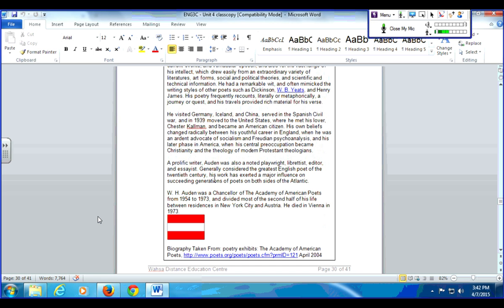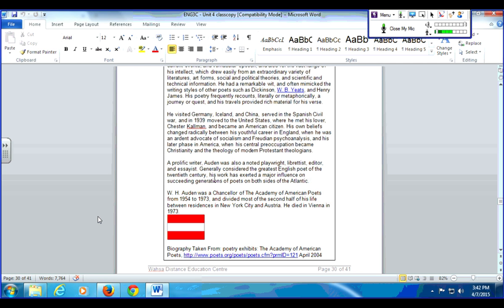He visited Germany, Iceland, and China. He served in the Spanish Civil War, and in 1939 he moved to the U.S., where he met his lover, Chester Coleman, and became an American citizen. His own beliefs changed radically between his youthful career in England, when he was an ardent advocate of socialism and Freudian psychoanalysis, and his later phase in America, where his central preoccupation became Christianity and a theology of modern Protestant